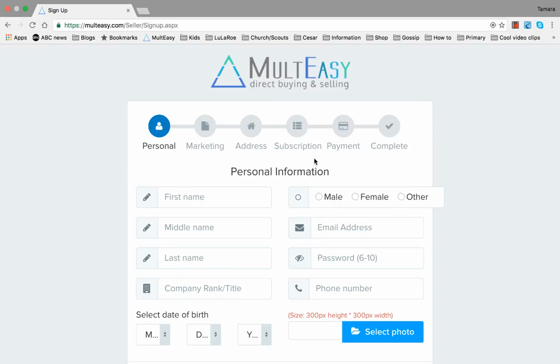And payment. Now, for those of you that are signing up before 2017, when you get to the subscription page, it's going to give you the chance to choose, again, the premium or the basic, and it will allow you to choose a monthly payment or a yearly payment. Go ahead and select the premium plan, the monthly payment option, and then when you go into payment, it will